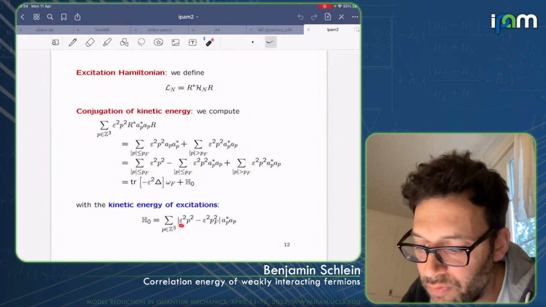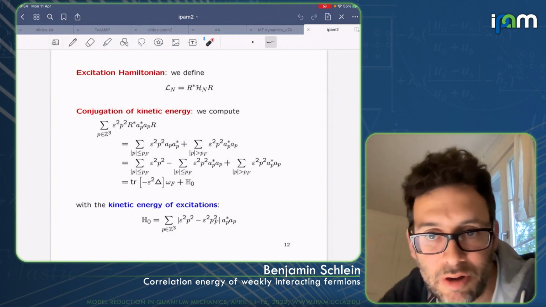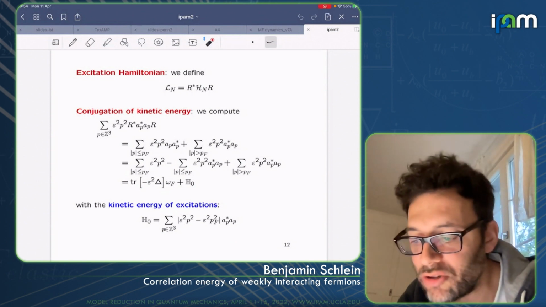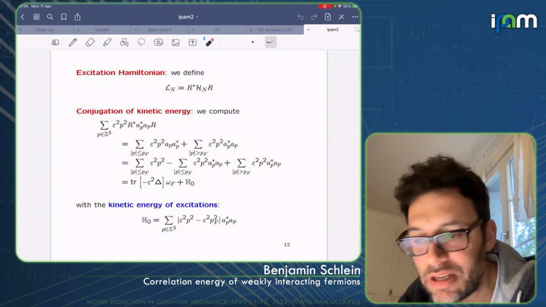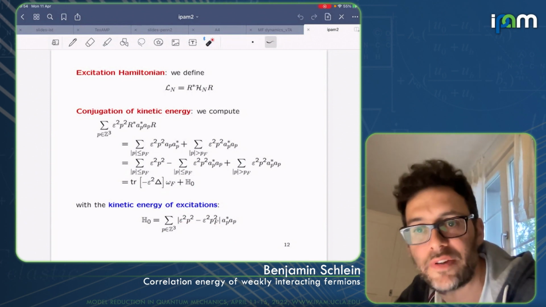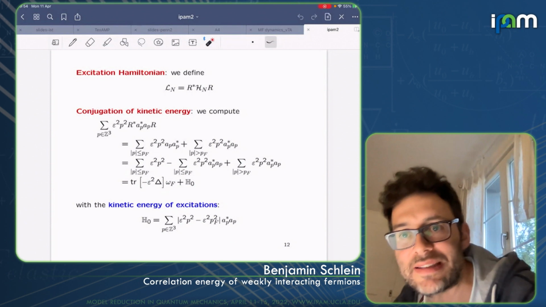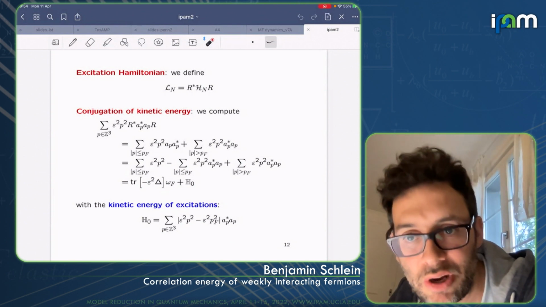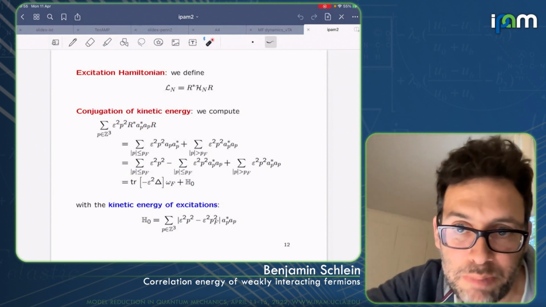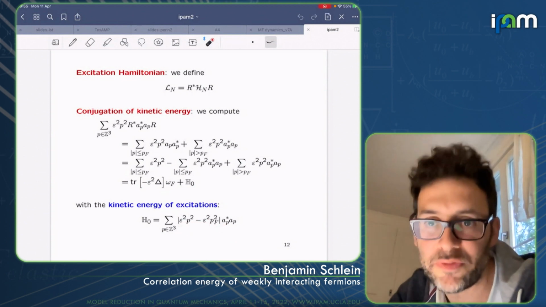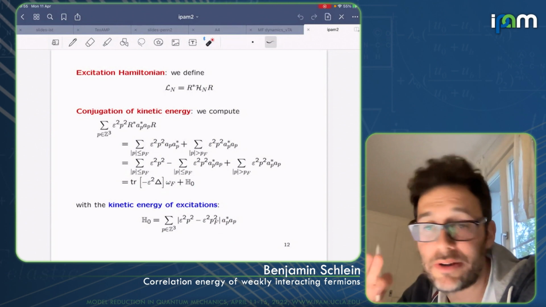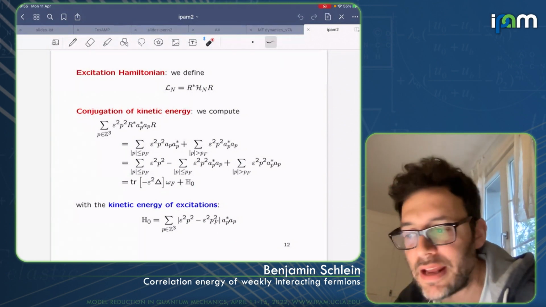So this is the normal energy, if you want, normal in the sense before the transformation, but now you have to compare it with the energy of the Fermi sea. You only count the energy difference from the Fermi sea. That's how much an excitation costs. Creating an excitation with momentum p, that's the cost of it, okay? In terms of kinetic energy, of course. Okay, so now this is very easy for the kinetic energy.